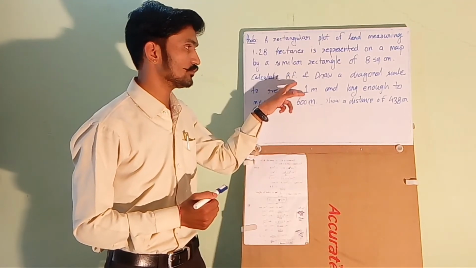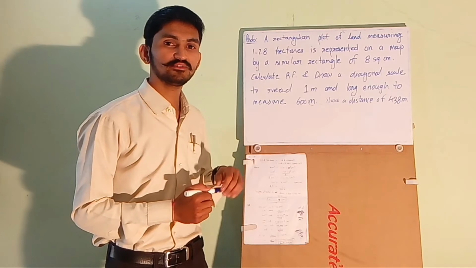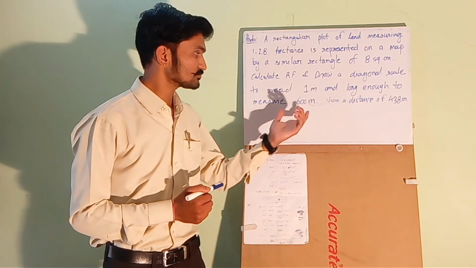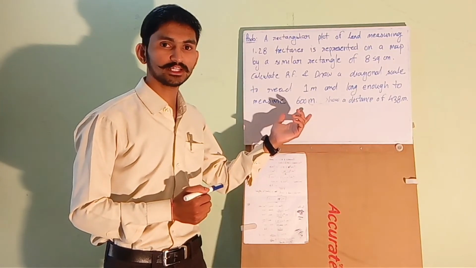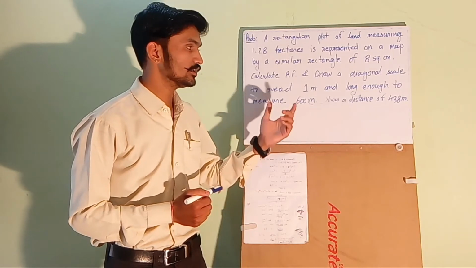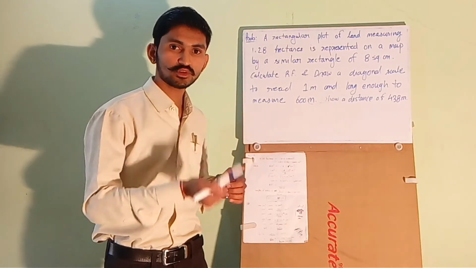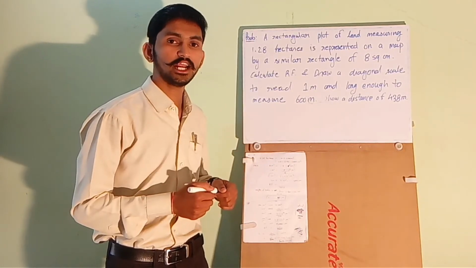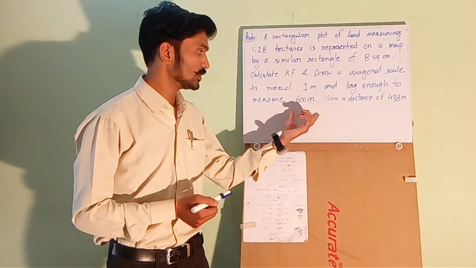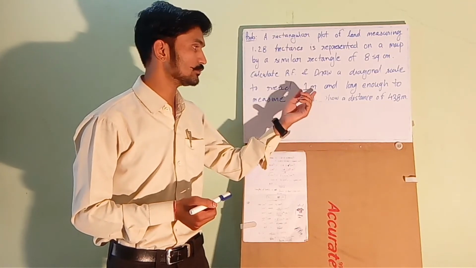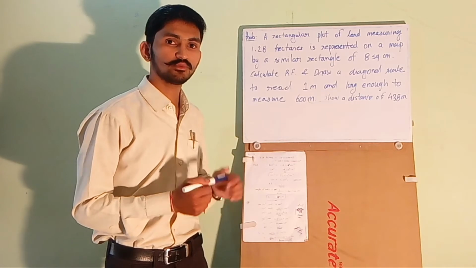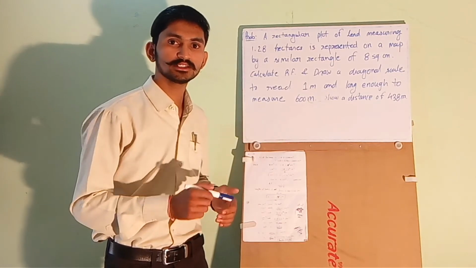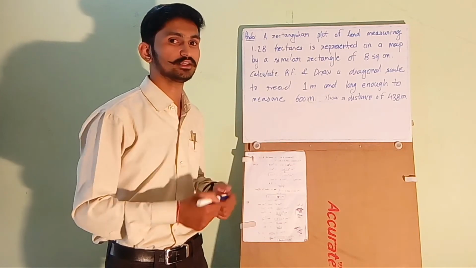meters. So from this line we can understand that we have to measure up to 600 meters, which is the maximum length to be measured, and we have to show hundreds of meters, tens of meters and meters, because maximum we need to show is 600 meters and the minimum is 1 meter. So we will be showing in hundreds of meters, tens of meters and in meters.